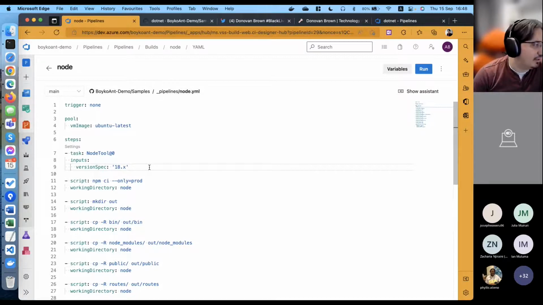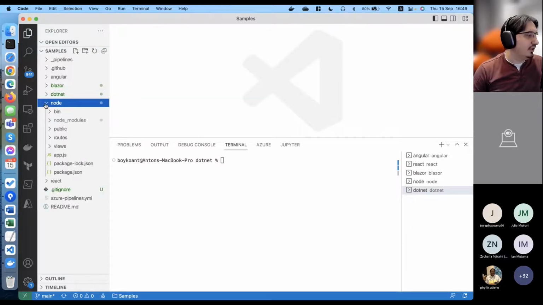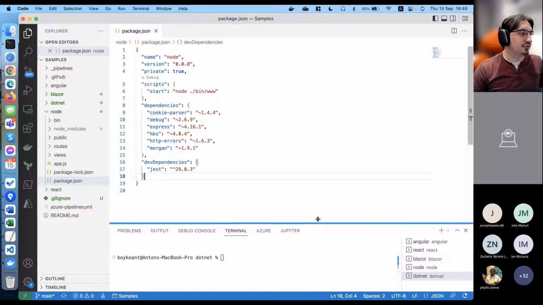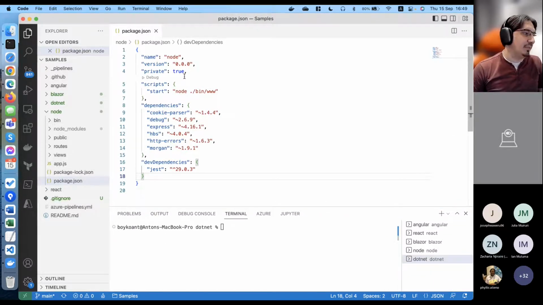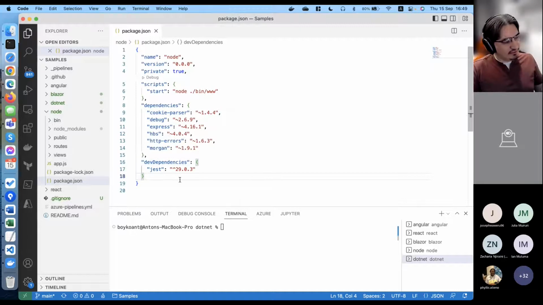If you're familiar with Node.js, you know that you can do that with the npm install or npm ci command. Another important thing that I want to mention here is this attribute, only equals prod. What does it mean? Let me just open my application folder here. It means that if I take a look at my package.json file, which usually describes all the dependencies that I have for my application, as you can see here, I have